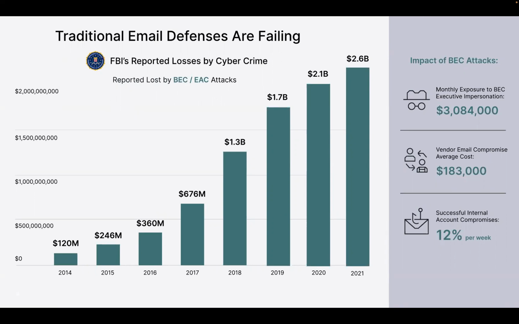These are all numbers that continue to grow in the amount of loss that some of these business email compromise use cases are generating. And it is indeed a very profitable business for the bad guys, something, of course, that we want to be able to stop in any way, shape, or form.